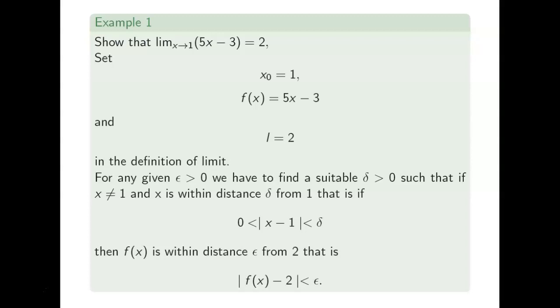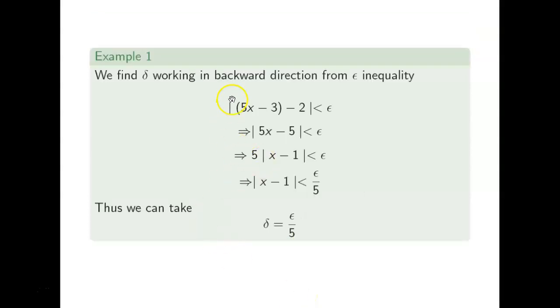As we have seen in the epsilon delta definition of a limit of functions, this definition has actually two parts. This is the delta part of the definition and this is the epsilon part of definition. Whenever this delta condition is true, then this epsilon condition is true. So to obtain such a value of delta which satisfies this condition, we will start from the epsilon part, that means we are working in the backward direction from the epsilon side.